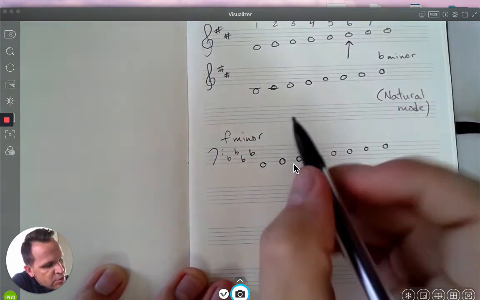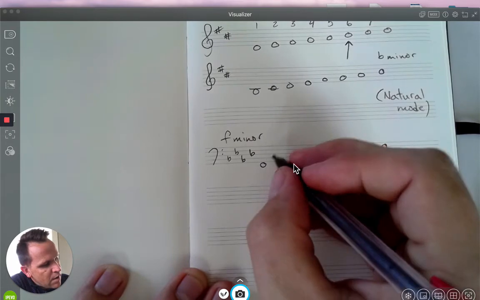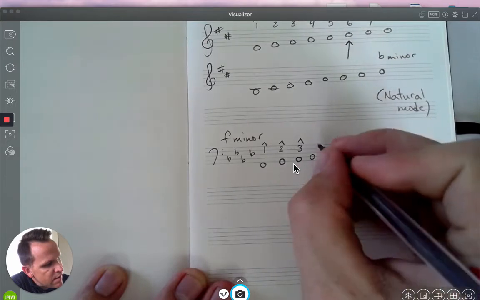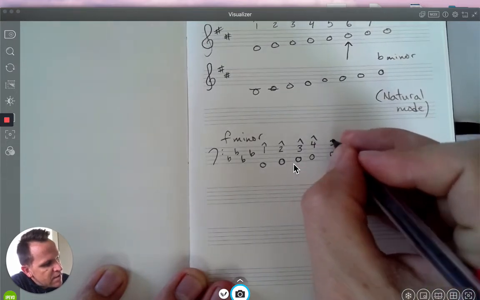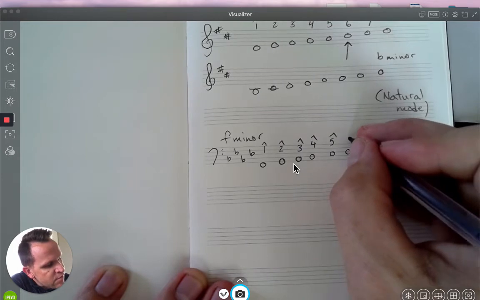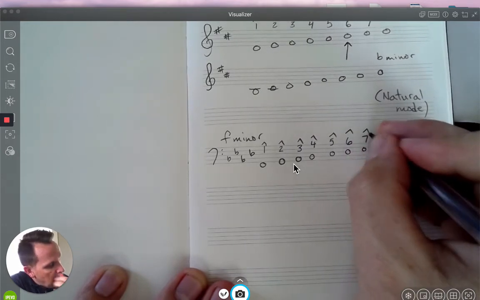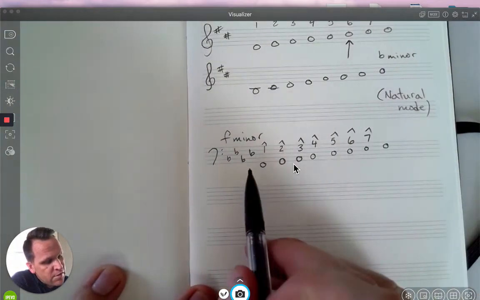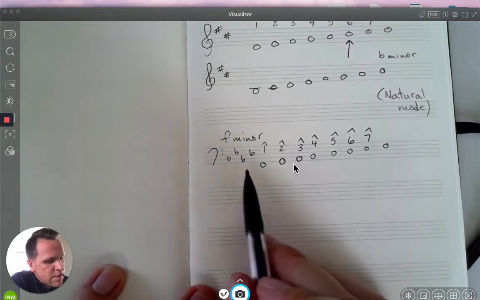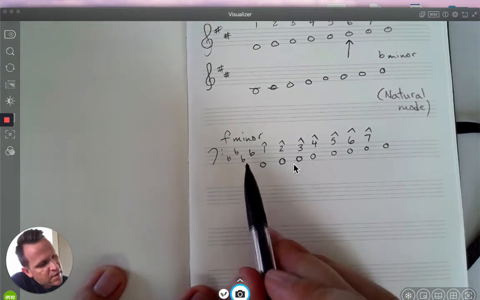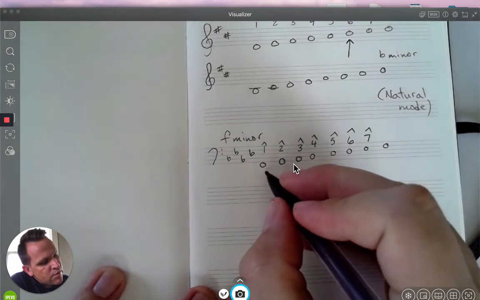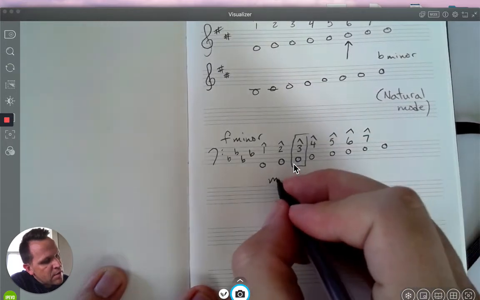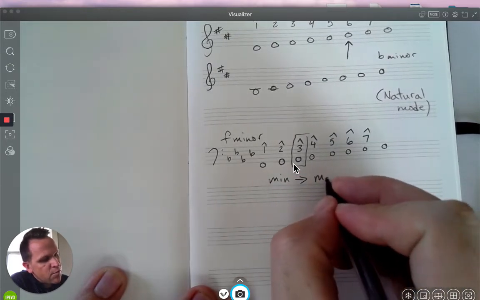Now if I wanted to find its relative major, I'm going to find the third scale degree, which is me in that key. And that will be my relative major coming from minor. And again, these should share the same key signature. So some of you may have thought ahead and said, oh, I know what key signature this is in major, so it's going to be A flat. But the other way you can think of it is going from do to me, or the third scale degree, when you're going minor to major for relative.